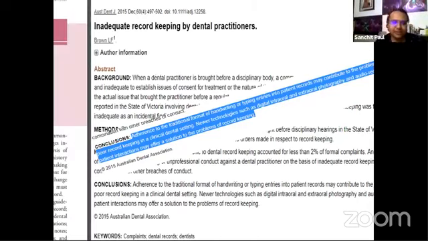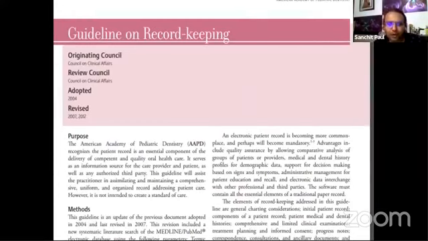Although I personally feel that there has been a tremendous change in the last few years, especially because of all the software which has come, and Practo has been there for a while, we are still not sure how many people are actually using Practo for all the documentation: writing all the notes, doing all the invoices, billing, making sure all the pictures, x-rays, radiographs, and all the important stuff is in one place. So again, as we mentioned, there are guidelines for record keeping.